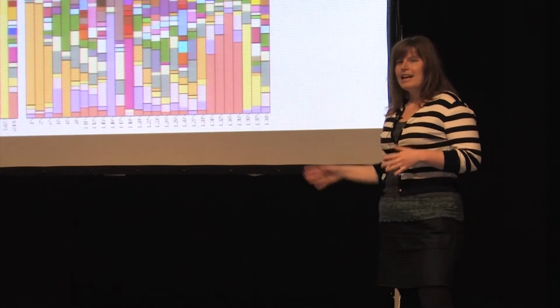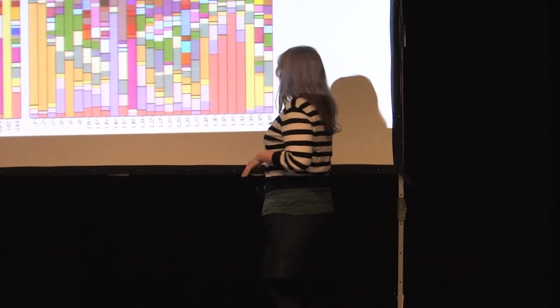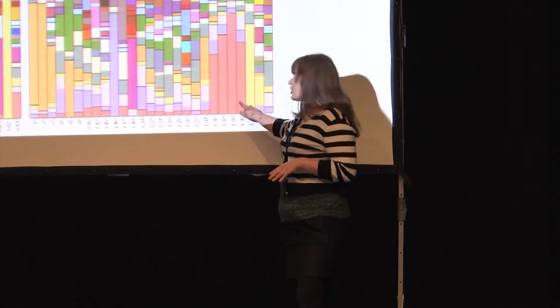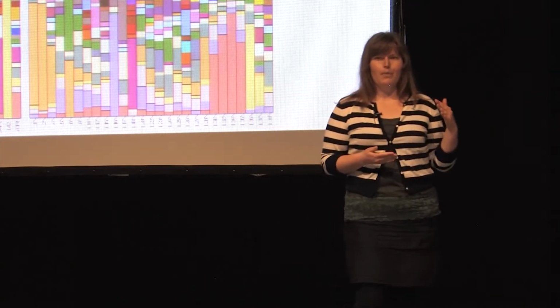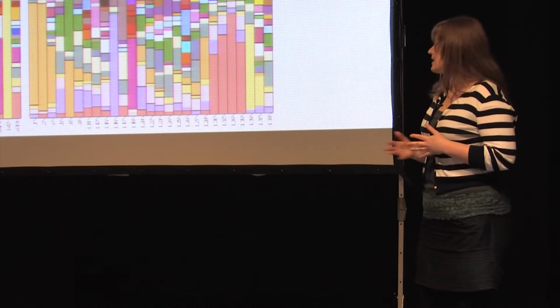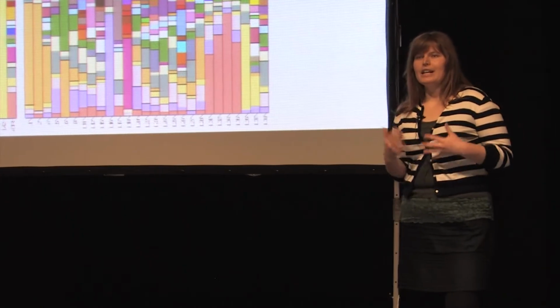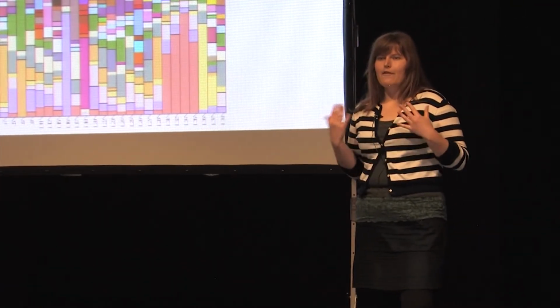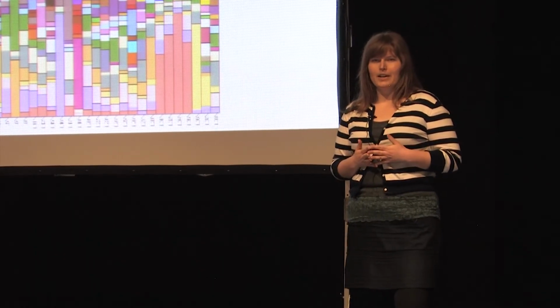And so what I did find, as depicted in this bar plot, is that there are bacteria in breast tissue. And so each bar represents a subject, and each colored box represents a different organism. And the height of that colored box represents the proportion of those bacteria in those samples. And as you can see from this very colorful bar plot, we found a diverse population of bacteria in breast